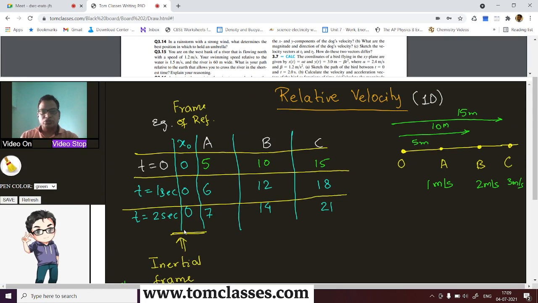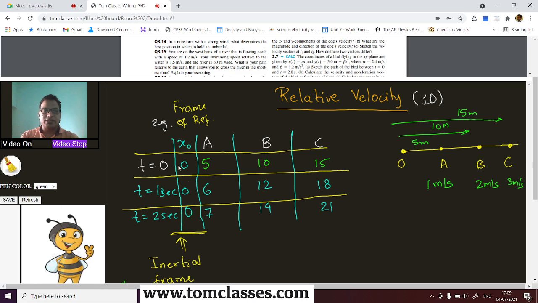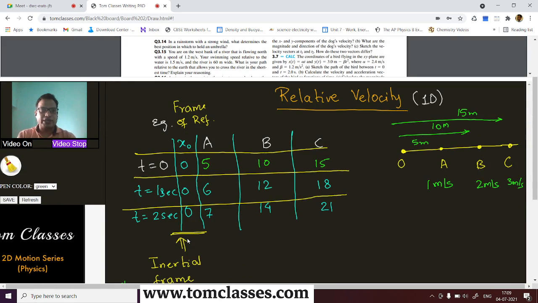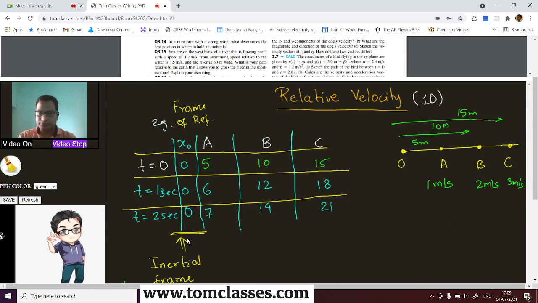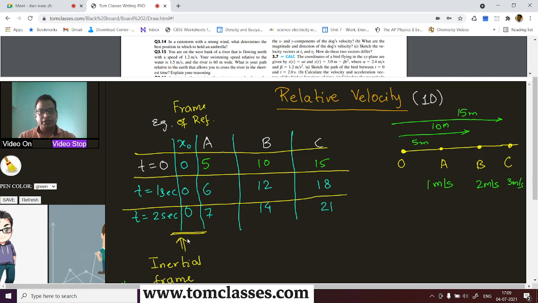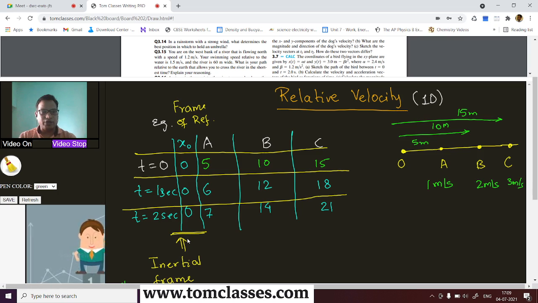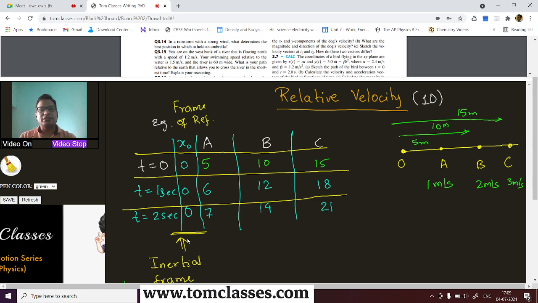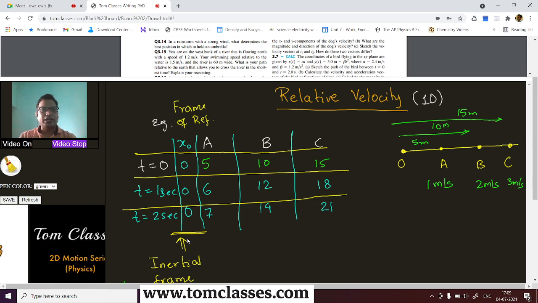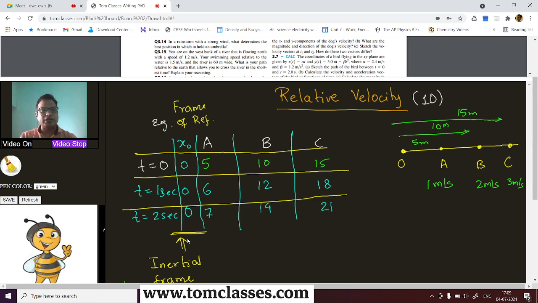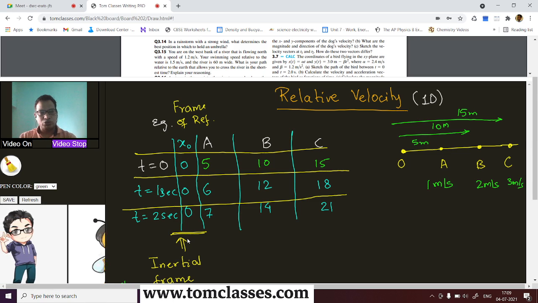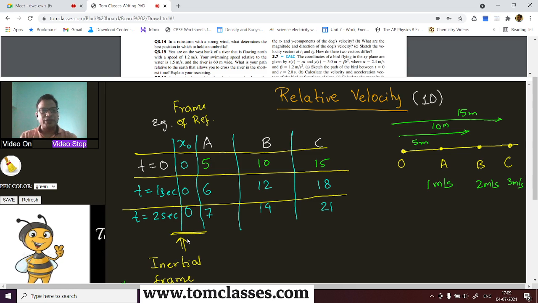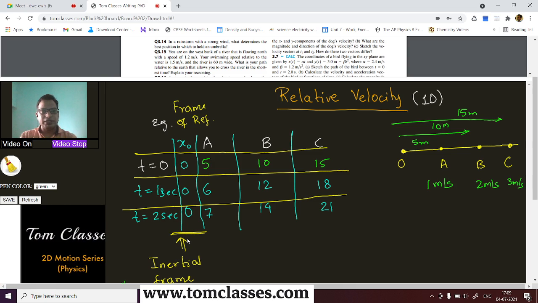So for example, its position is not going to change. Such an inertial frame is our Earth, right? For example, if you are throwing a stone, because we are considering one-dimensional motion, we'll consider that the movement of the stone is vertically up. So we consider the motion of Earth to be an inertial frame. That is, the motion of Earth relative to the stone, and to us, is the same, right?